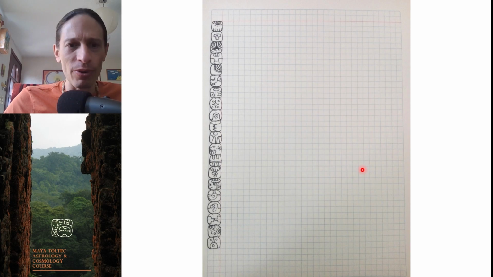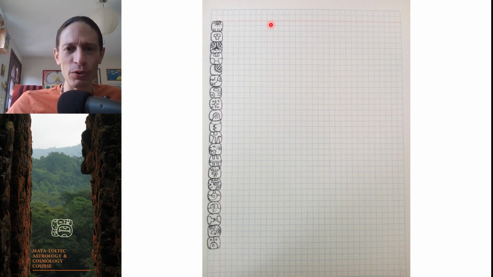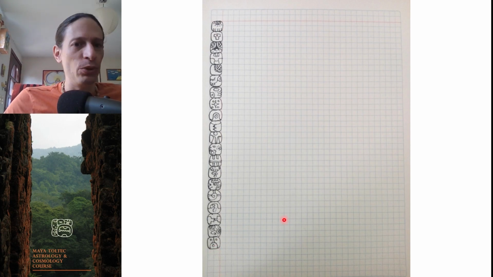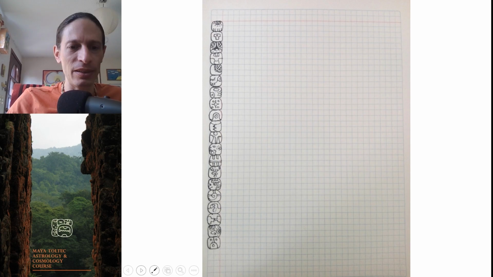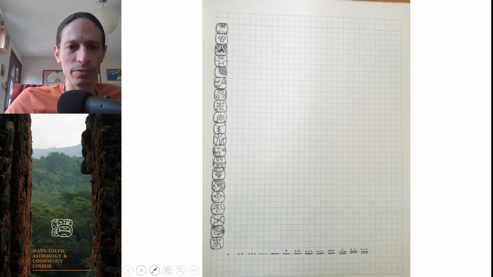You grab the graph paper. 4 squares, if it's the same measure where you live, it probably is. If you use the margin, it should fit the 20 signs on the left margin, and you should have enough space here. If you use 4x4 squares, it should be enough. So fill out the 20 signs. Do it once, twice, thrice, as many times as you want. If you make a lot, you will make a lot of mistakes, and that's good. So first step, do the 20 signs.